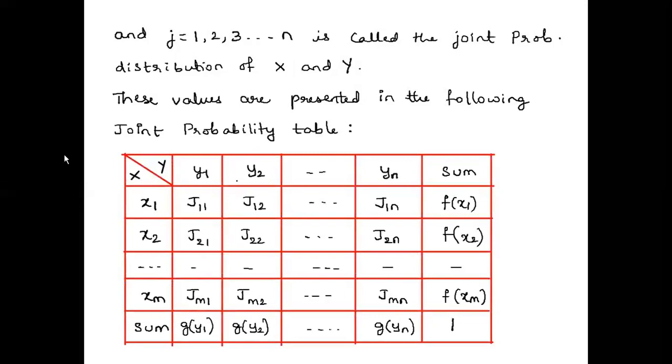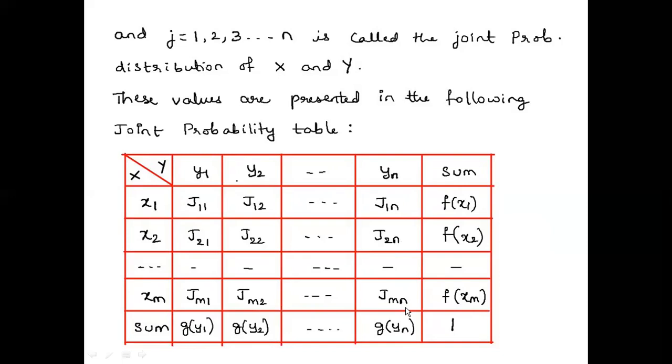Let us understand this table. X takes the values x1, x2, x3, etc. up to xm. Y takes the values y1, y2, y3, etc. up to yn. The first row, first element, which maps to x1, y1, is denoted by j11, the joint value. Then j12 in the first row, second column, etc. up to j1n in the first row, nth column. Similarly, in the second row, for x2, y1 it is j21, for x2, y2 it is j22, etc. up to j2n. And so on, for the last value of x, that is xm, we have jm1, jm2, etc. up to jmn.